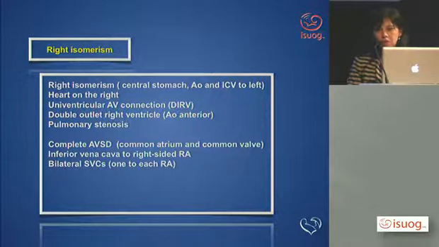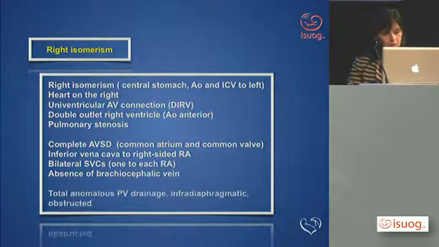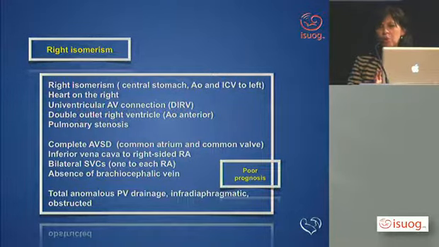Bilateral superior vena cava, 1 to each right atrium. Absence of the brachiocephalic vein that connects the 2 of them. And total anomalous pulmonary venous drainage, infradiaphragmatic, obstructed. I think Rabbi was right. Poor prognosis. Now, it's a long list, but you really need to think about each one and draw you